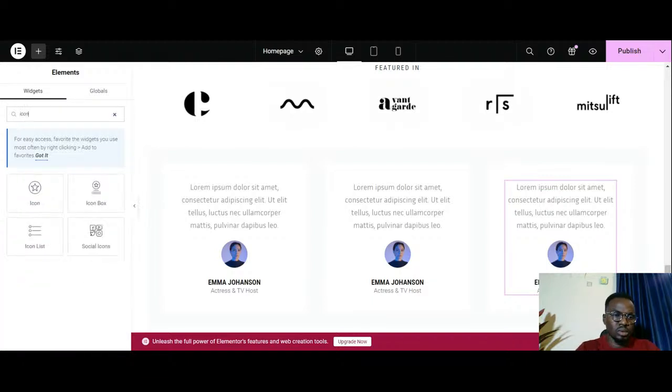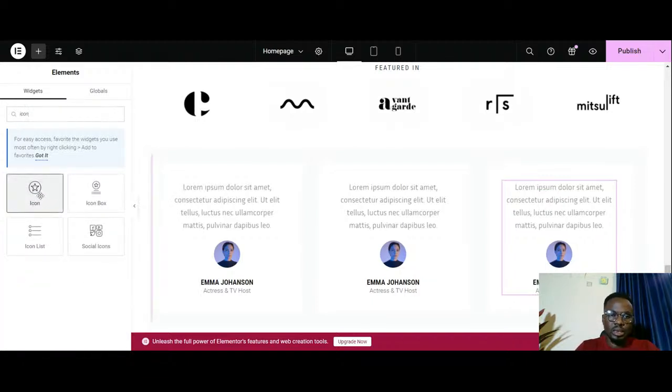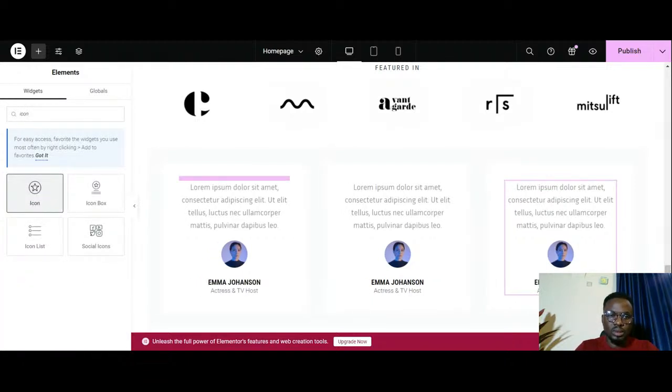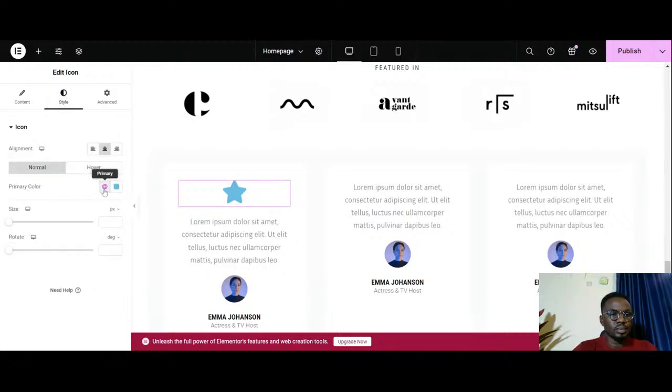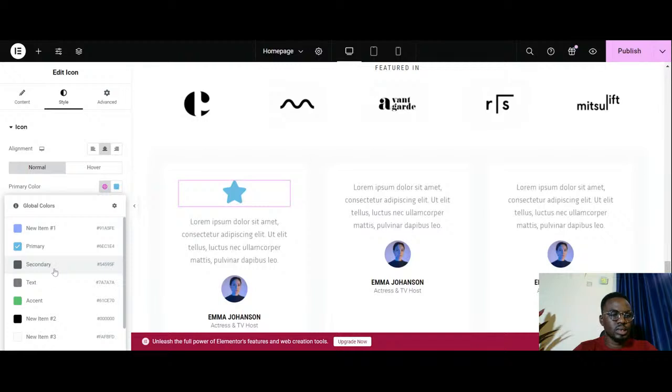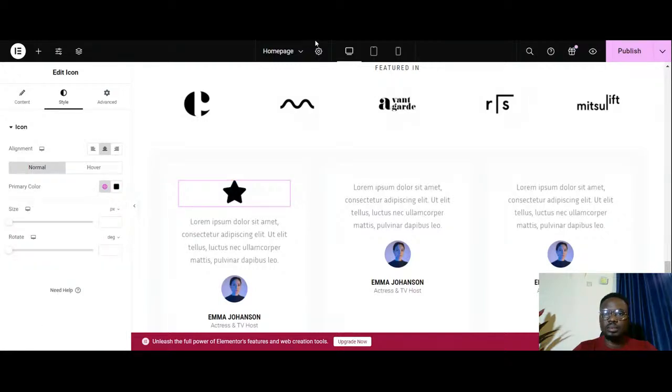It has these icons on top, and I'm going to put it right there on top. Color is black, and then the icon is a